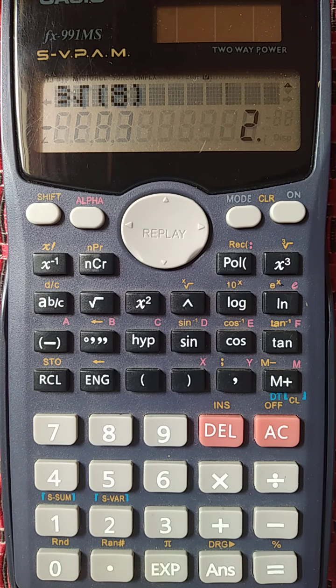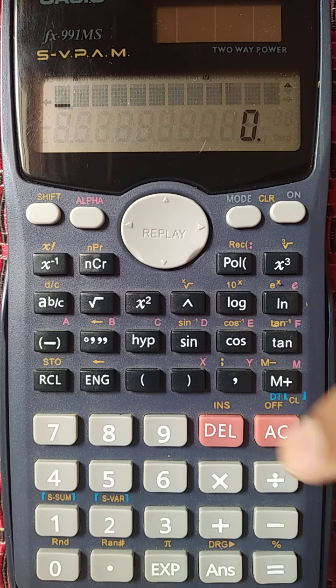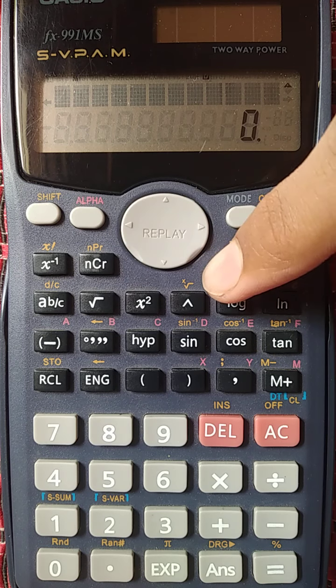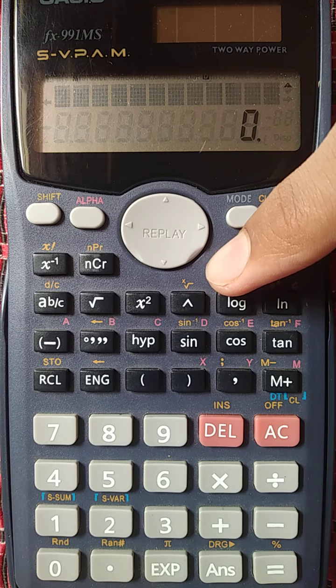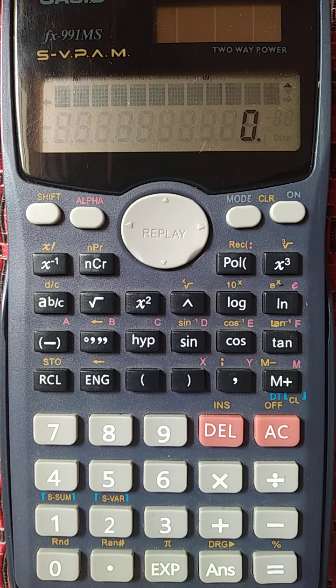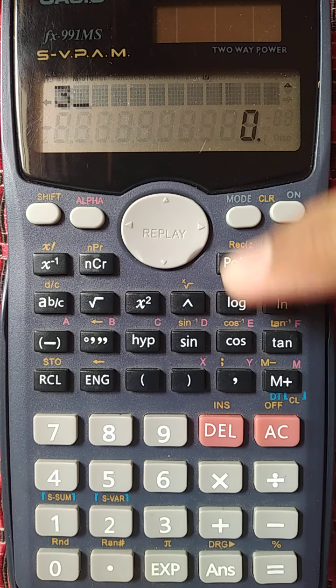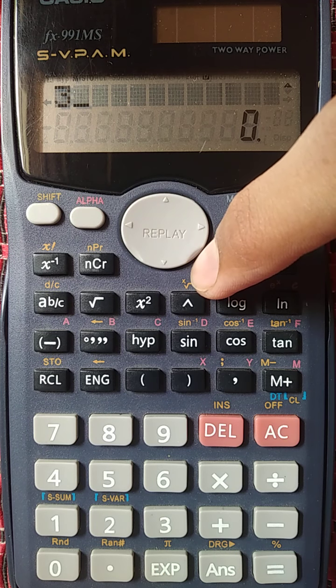Now let's see the same thing with another key. Suppose again I wanted the cube root of 8. Here you can see that it is written x and root. X denotes any variable value which we want. Suppose I wanted the cube root of 8, then I will write 3. This will set the value of our x as 3.